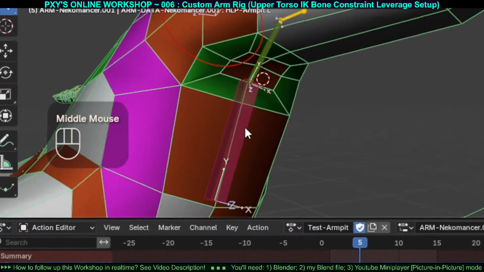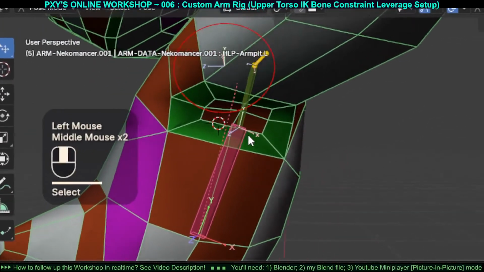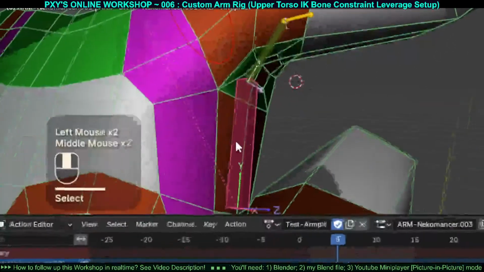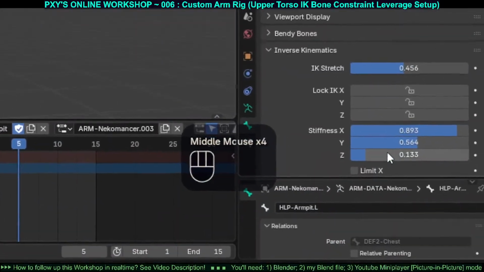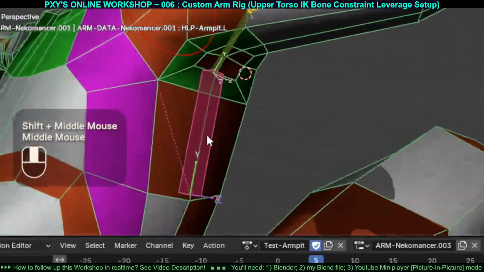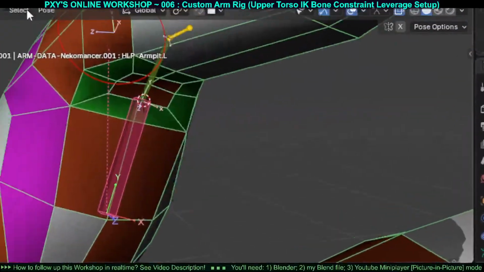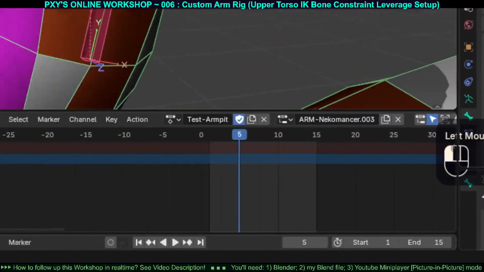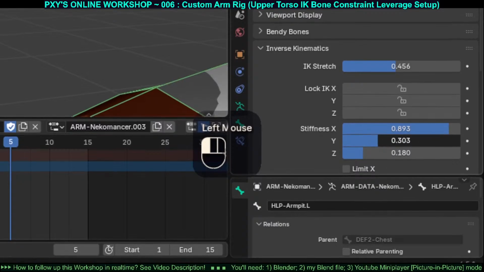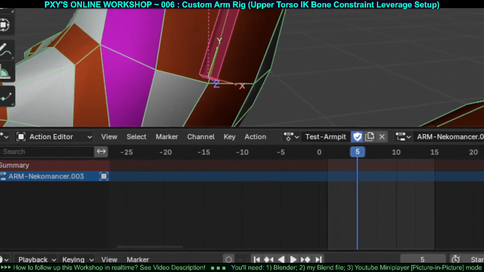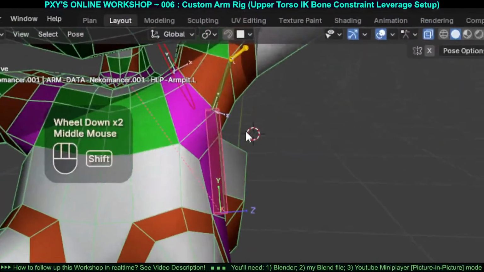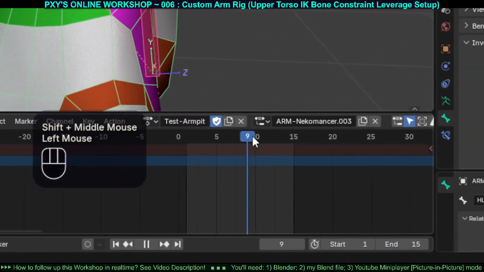So these helper bones don't need to be outside, on the surface. They can be inside of the mesh, right? So what is the Z-axis if the rotation is like this, right? Yeah, just a little here for this, a little for this, and the stiffness X we already assessed. So now I just see about the